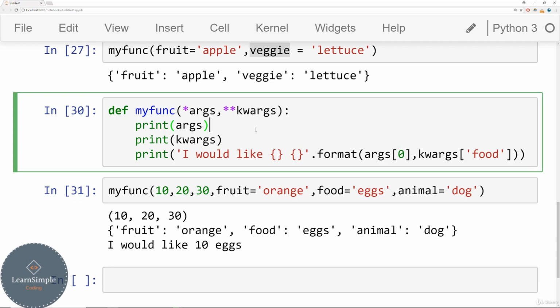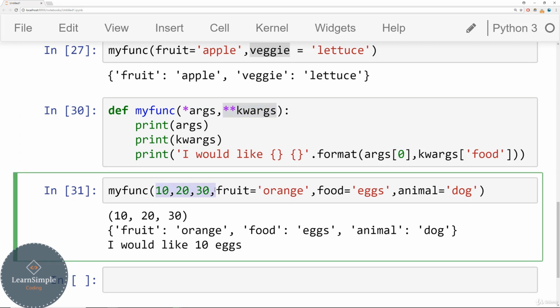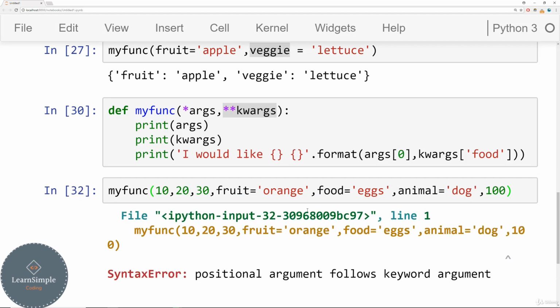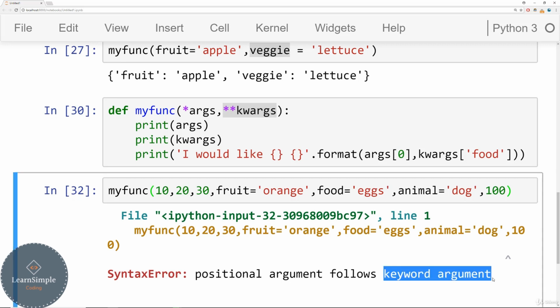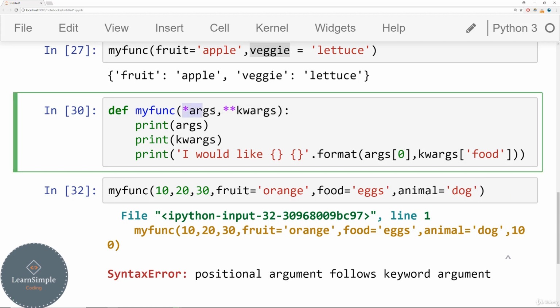number of arguments. The only final point I'd like to make here is that because we said args first and keyword arguments, it has to go in that order. We have to have that list or tuple of arguments, and then after that, we have to have the keyword arguments. What we're not able to do is after this, define an argument without a keyword. Otherwise, Python's going to complain. It's going to say, hey, you have a positional argument which is following a keyword argument. It has to be in the same order you prescribed, which was all the arguments first, then all the keyword